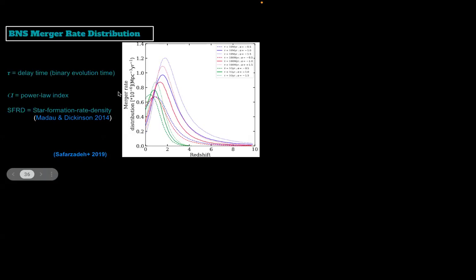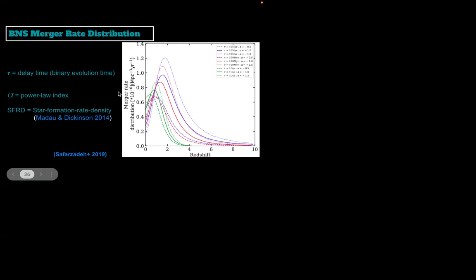So what we do is start with simulations of how many lensed kilonovae, or at least kilonovae, will be detected in the LSST. We start with a binary neutron star merger rate distribution. Here you can see the redshift and the merger rate. There are different tau and alpha values. Tau is: you generated two neutron stars, and after generation, how much time it will take to merge, at least the minimum time.